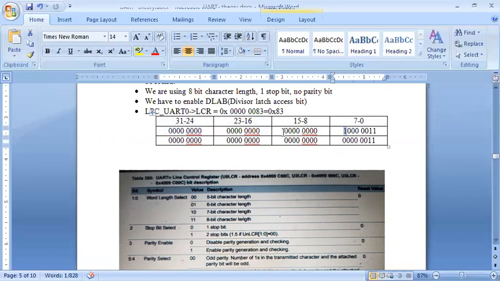So this value is how much? 83. So I put the 83. That's my 83. Okay. This is for LCR first time. Remember, I have to make device latch disable also. Let's see the value now only. If I have to disable means only I have to make this 1 as 0. Nothing else. Okay. So this value will be 0 3. So when you enable it will be 83. When you disable it will be just 3. Okay. Let's go to the next one.